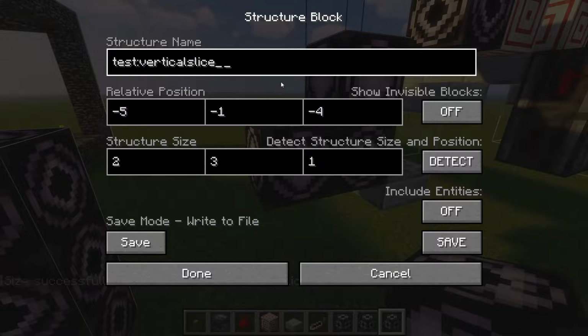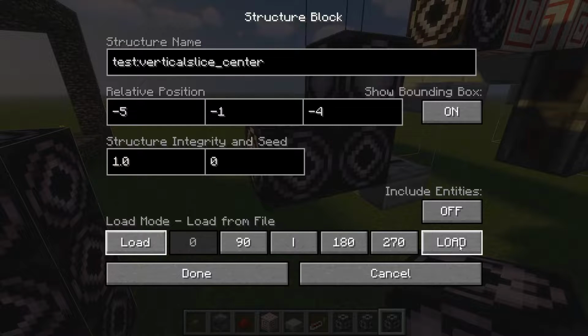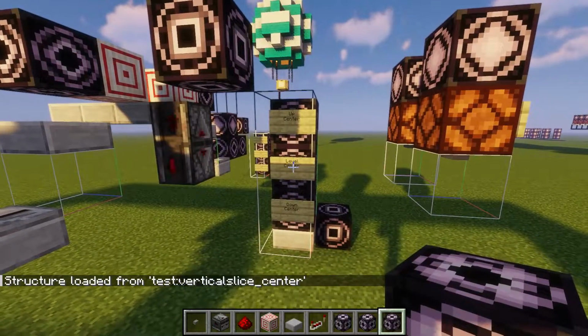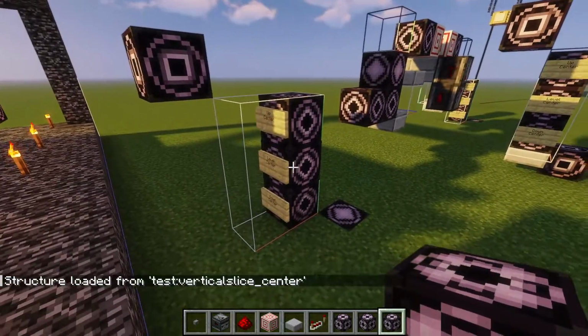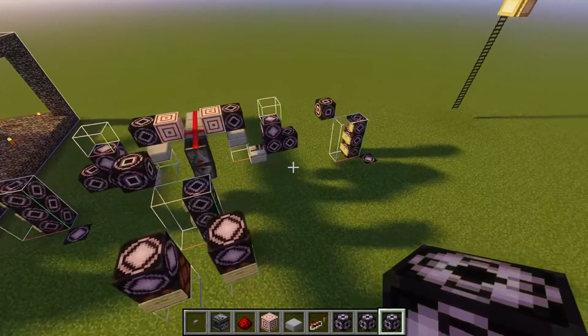Now come back over here, and we're going to call this center, just like that. Change this to a load block, and now we can hit load, and over here we have up center, level center, and down center, just like we saved from over here. Now I've already set up a second one over here,